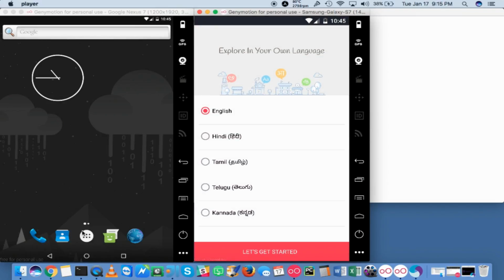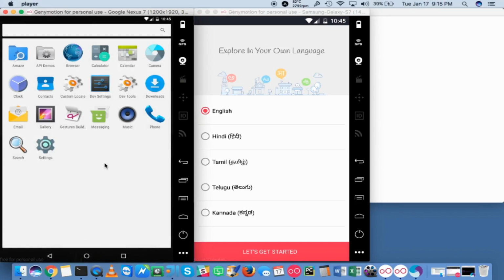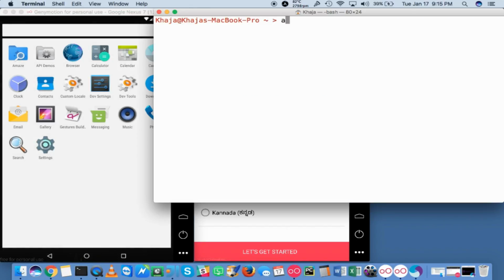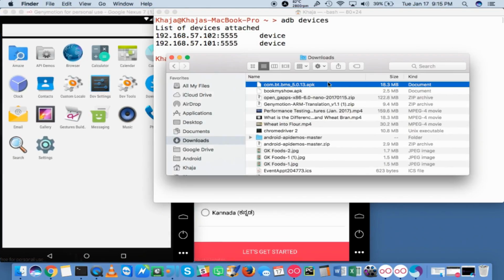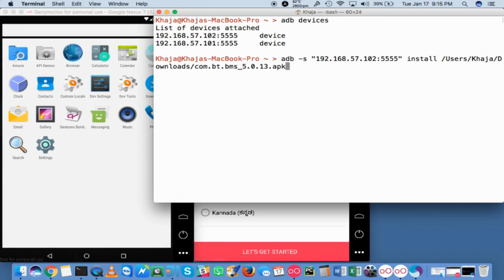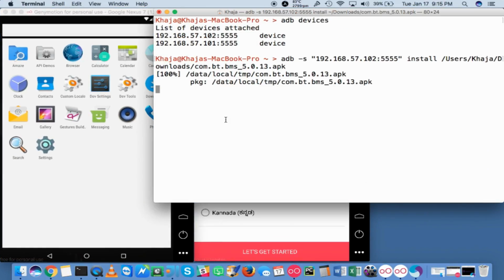Okay, now let's see in action what happens. I have not installed this, so let me quickly try to install it. ADB devices, and I know that this is the device. Okay, so now let me say ADB install. Now I have this application here, and now let me try to install it. Just give it a couple of minutes. My device is a little slow, so it will take a couple of minutes to show something called success,